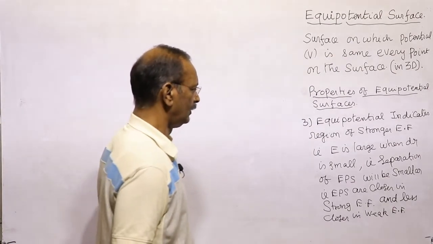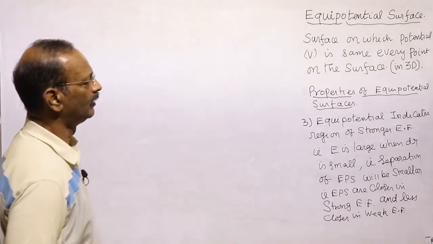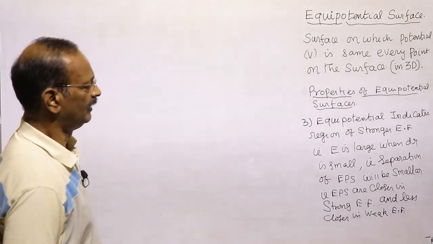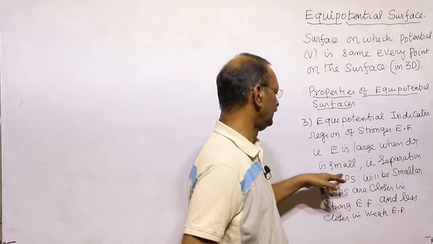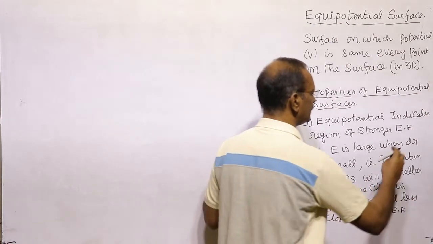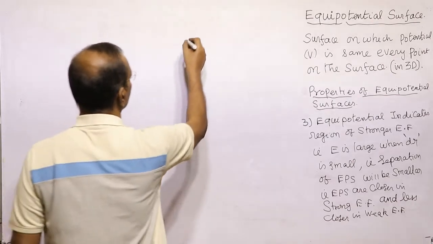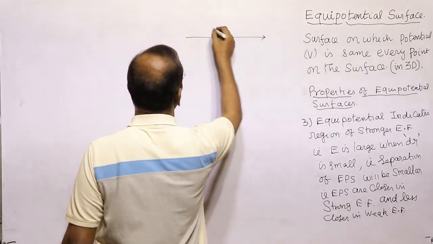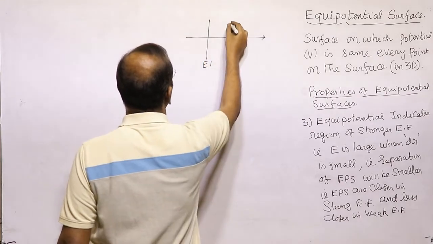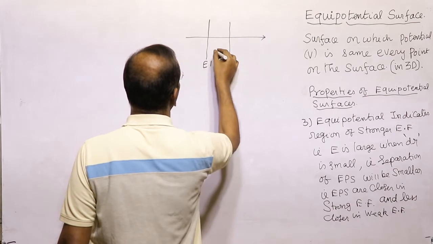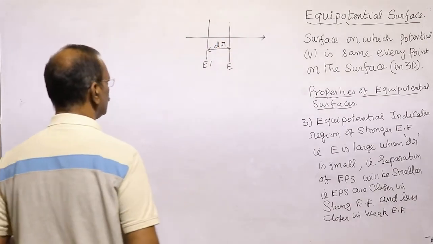Third point. What does the third point say? Equipotential surfaces indicate a region of strong electric field where E is larger, that is, the strength of electric field is larger, when dr is small. That is, the distance of separation between two equipotential surfaces is small. Already we have seen this is the direction of electric field, this is equipotential surface 1, and this is equipotential surface 2, and this is the distance of separation between two